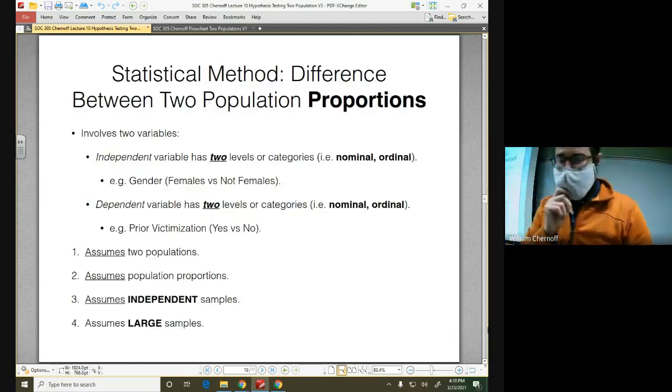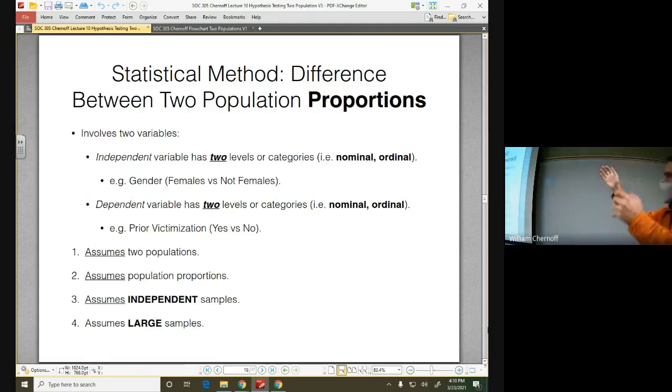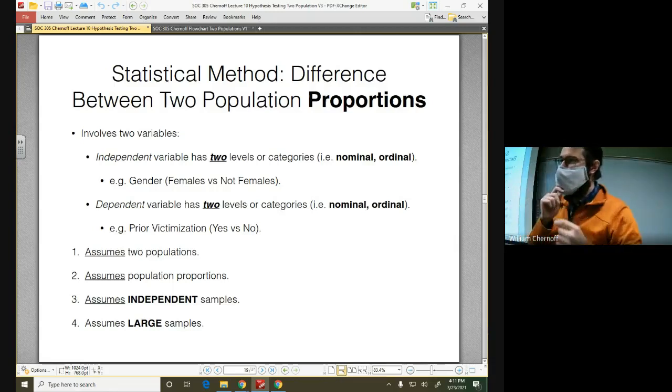But sometimes we care about proportions. So we have this second method, the difference between two population proportions. Some of the ideas that we're going to talk about here are similar to the ideas we just talked about, but there are going to be some differences. One of the big differences has to do with the assumptions. We have those 3 assumptions that we talked about, and those have to be met to use the previous method. Here we actually have 4 assumptions. And that 4th one is going to be kind of a doozy.